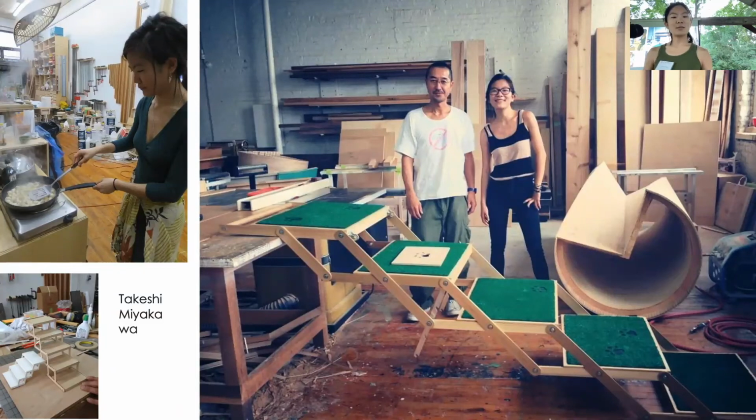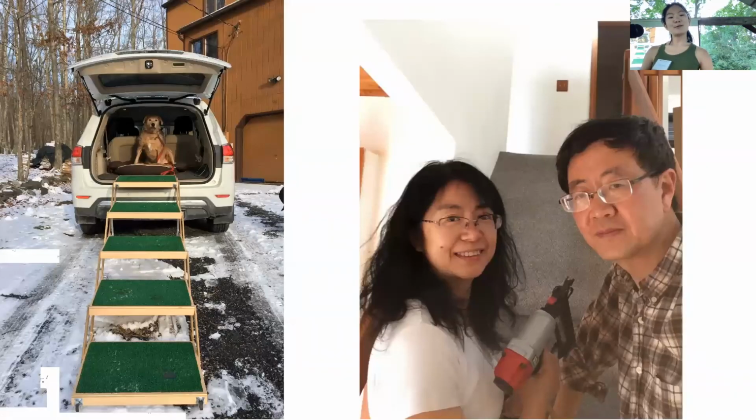And he helped me build my very first woodworking project, which is this set of collapsible stairs for my very old dog who, she was over 100 pounds, had very bad arthritis. And arthritis is a downward spiral where if you don't exercise, it gets worse, and it's harder to exercise the worse it gets. So she was eventually unable to jump into our car. I made this set of adjustable stairs so that she could jump into the trunk